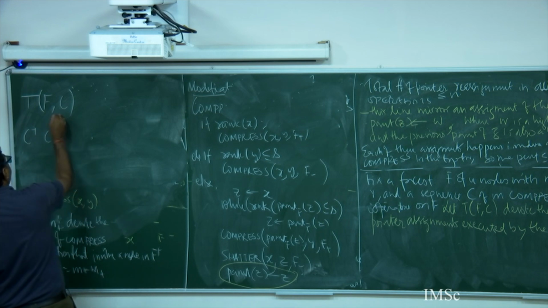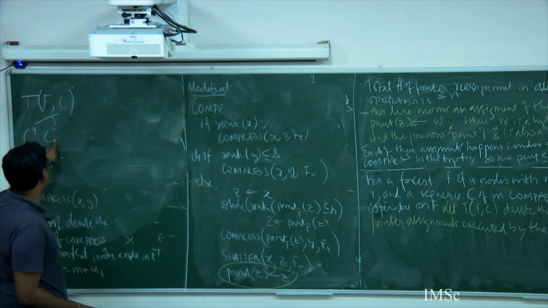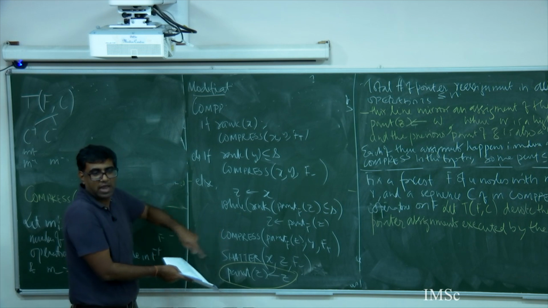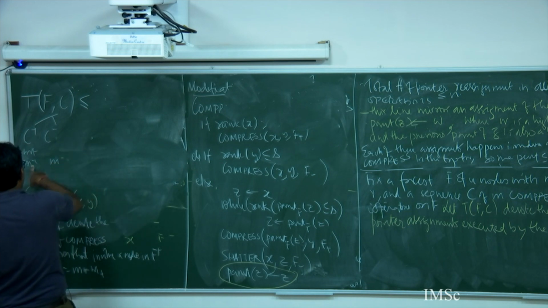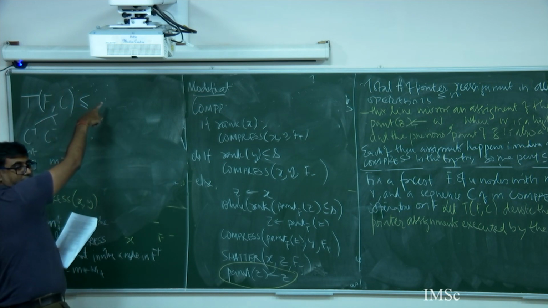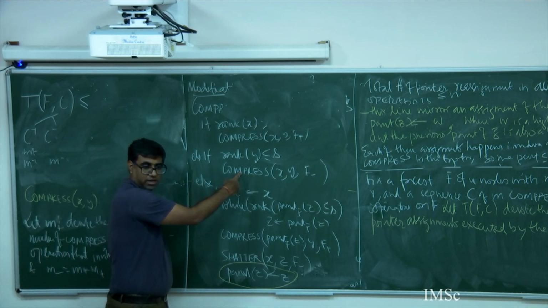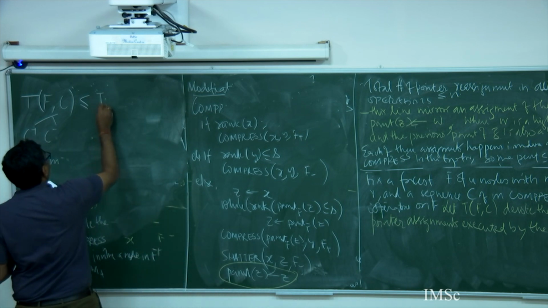Okay, so now let's do C plus. I partition this into C plus and C minus with respect to, say, M plus and M minus. These are those operations which happen with respect to M plus, and these are those which happen with respect to M minus, which completely happen below, and the rest of the operations. Every operation in C either happens completely inside this, or I have made an operation inside this, like a compress operation, and some pointer changing, some pointer shattering or something. So this I can write down as T